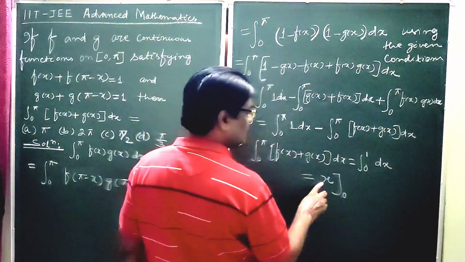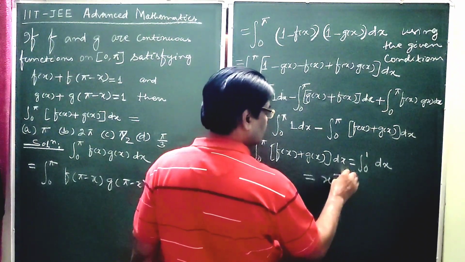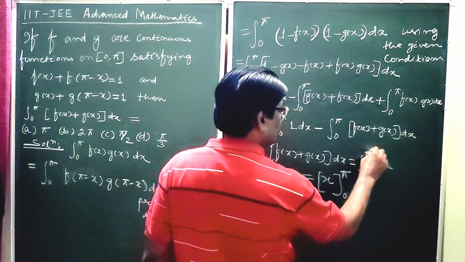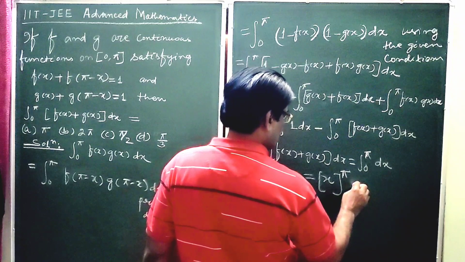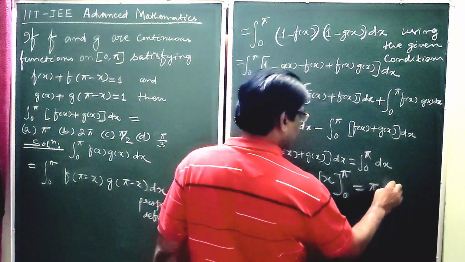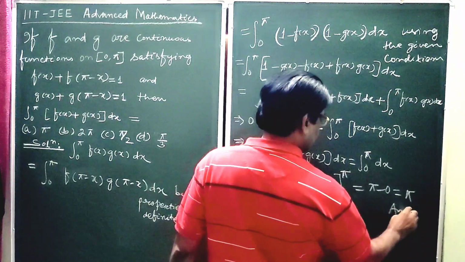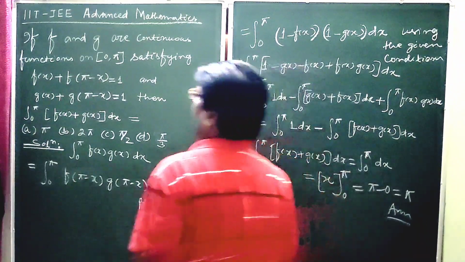After integrating dx we get x, from 0 to pi, which is pi minus 0, equal to pi. The answer is